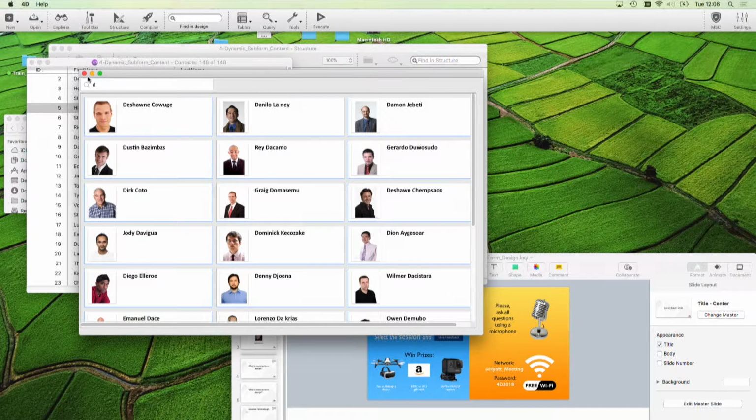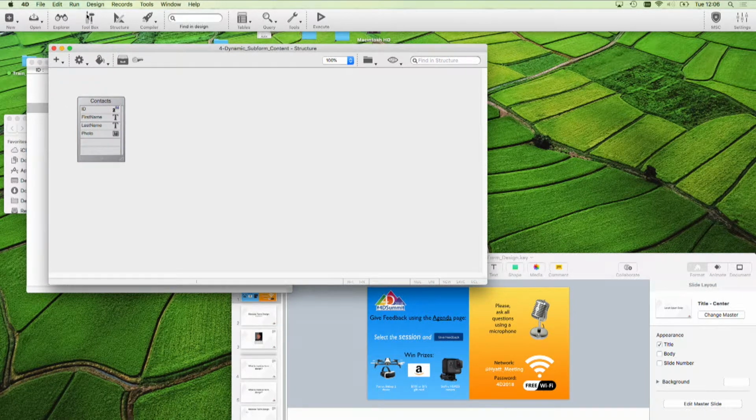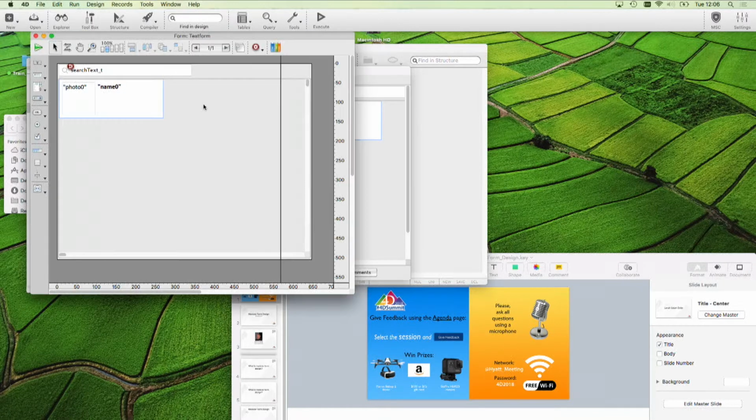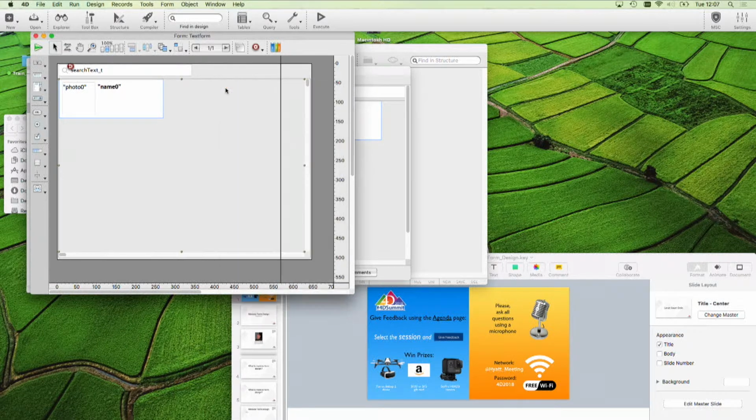So let's have a look in design. Explorer, forms. This is my form. Here is a subform, to prove this, a subform container. With no name, I have no need to communicate, so the name and the type is not needed. And inside